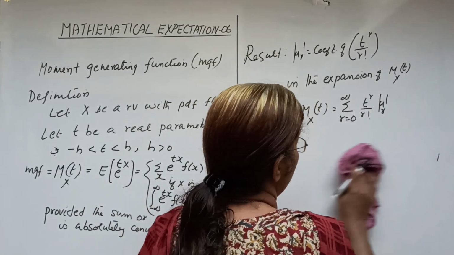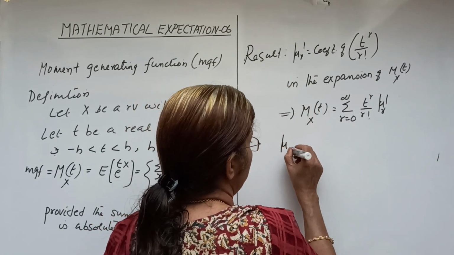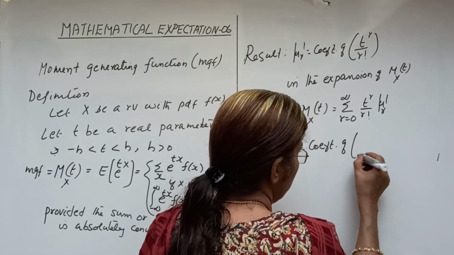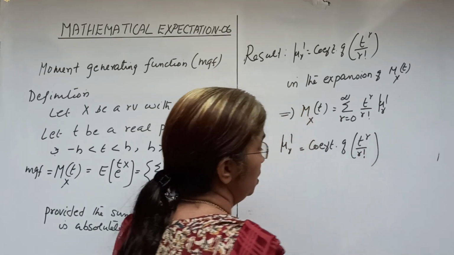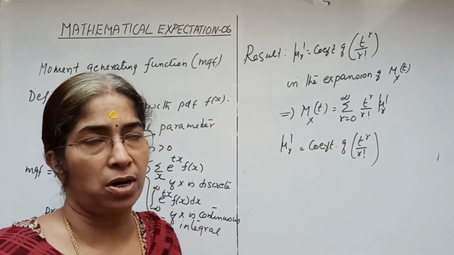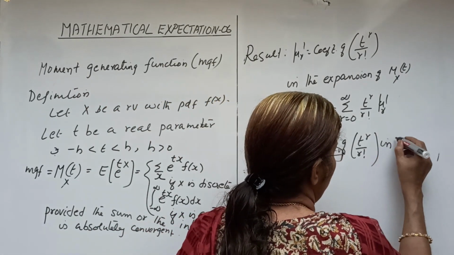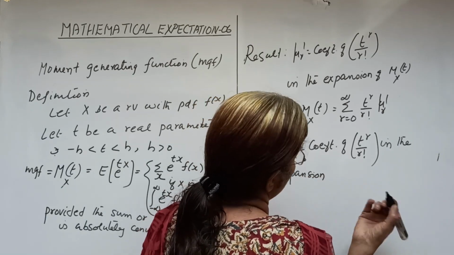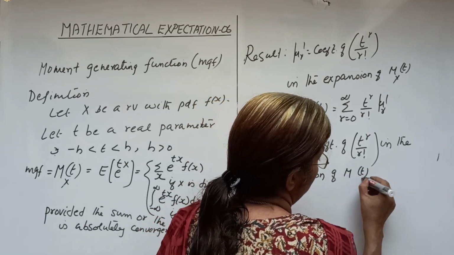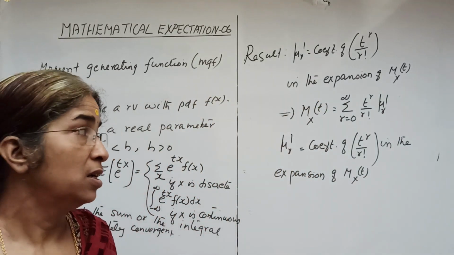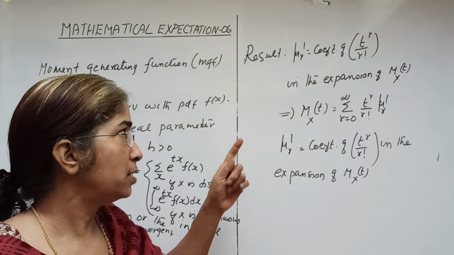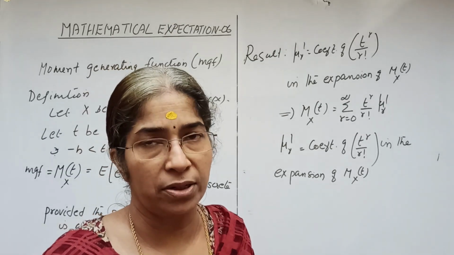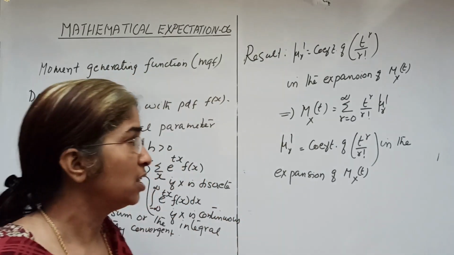So that we can obtain mu r dash as the coefficient of t raised to r by r factorial in the expansion of M_X(t). A very important result which we have to apply in problems. Mu r dash can be obtained as the coefficient of t raised to r by r factorial in the expansion of M_X(t),